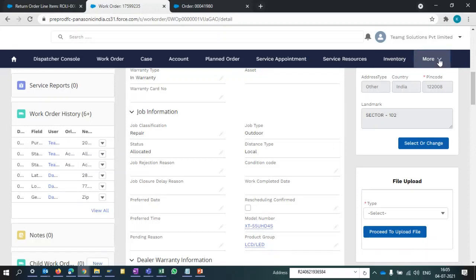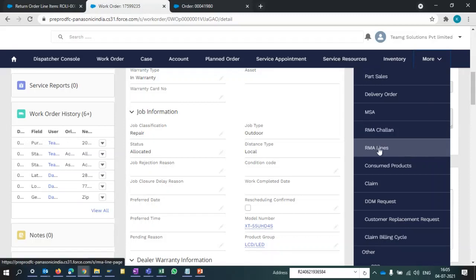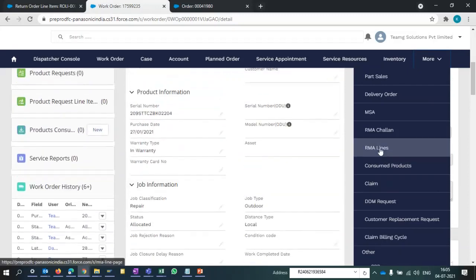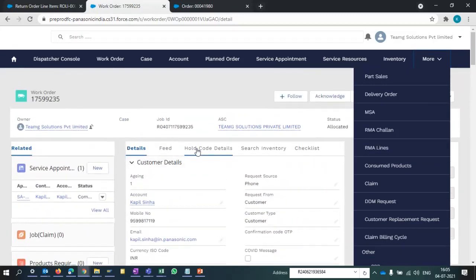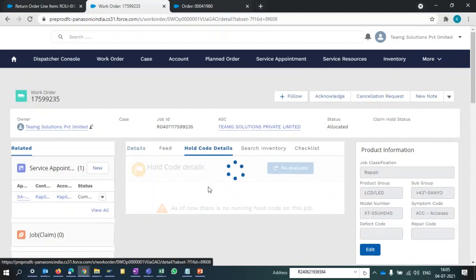Okay. So the part one is not working, let's move ahead to RMA. Yeah, let's do RMA. Okay. So when your job is closed in the system, if it is an A or B class part, then you can check for the hold code. It will come as defective part not received, and you have to create an RMA challan for that. Okay, you have to create the RMA challan.